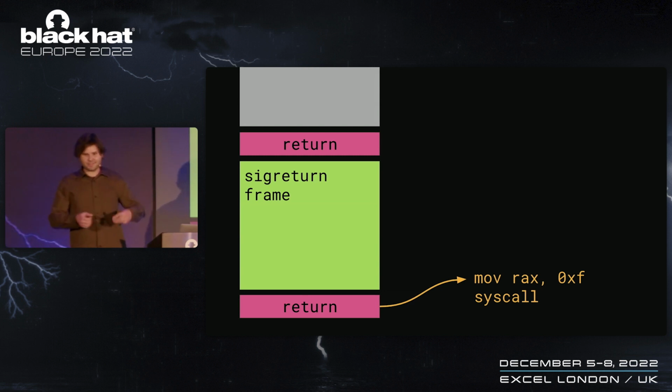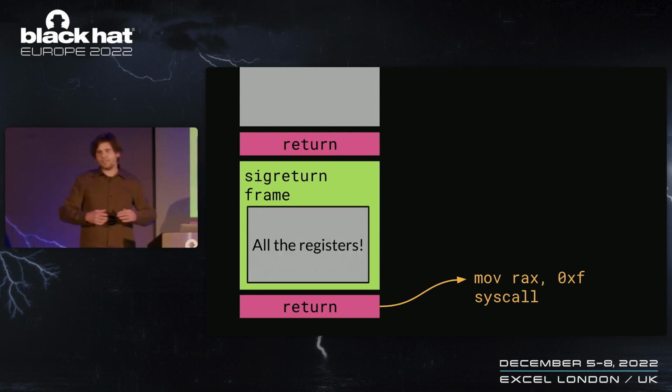In this frame, we have the state of the program just before the signal, so we have all general purpose registers here. After the signal finishes, the syscall sigreturn will restore all these registers from the sigreturn frame. However, when you execute a signal, you can also receive an exception. Because the exception happens before the syscall is called, the unwinder needs to essentially do the same thing when encountering a sigreturn frame. It needs to restore registers from this frame. However, the unwinder does not know that